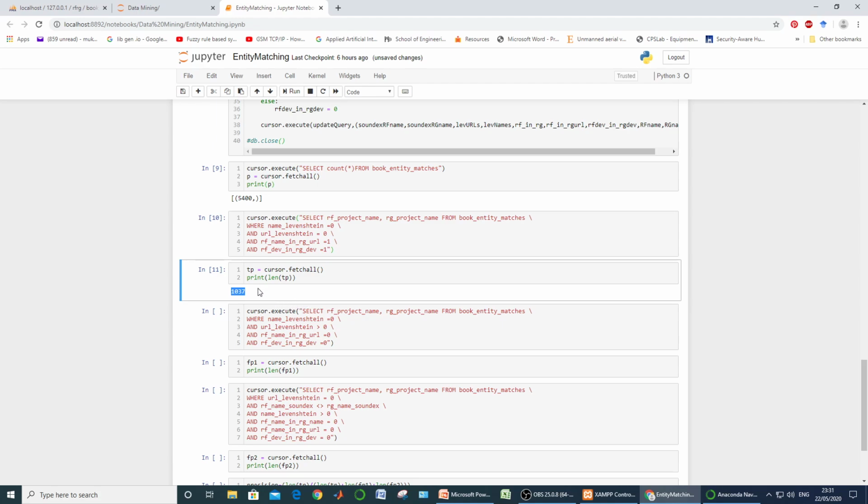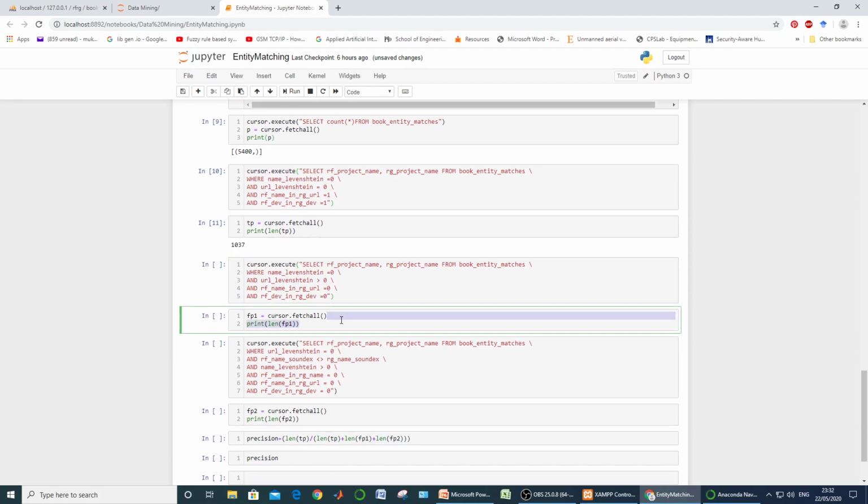For 100% surety, we can say that these are the numbers for which there were same projects, overlapping rows in both the data sets. Now come to false positives. For false positives, we divided them into two categories: false positive 1, false positive 2. False positive 1 is the rows where there is no mismatch in the names of the projects, but their URLs were not the same.